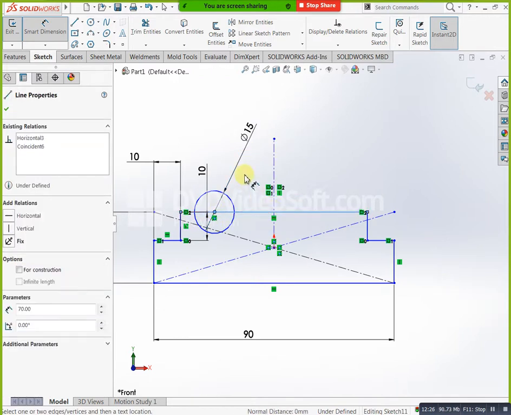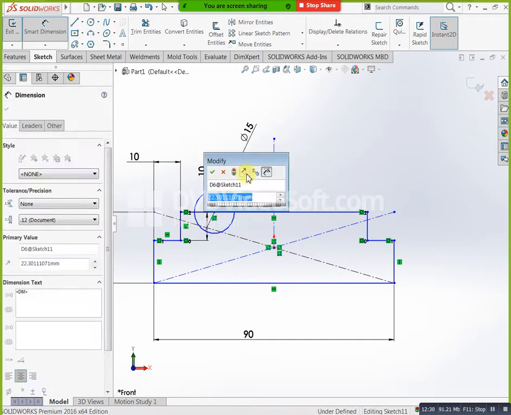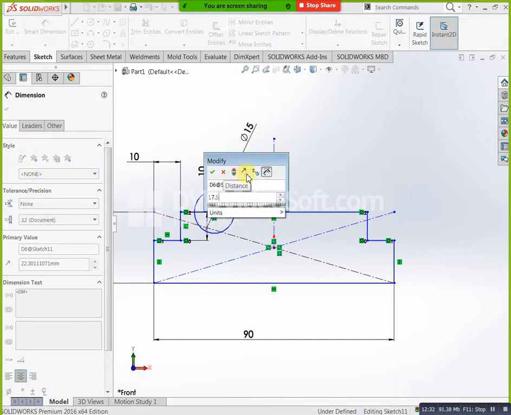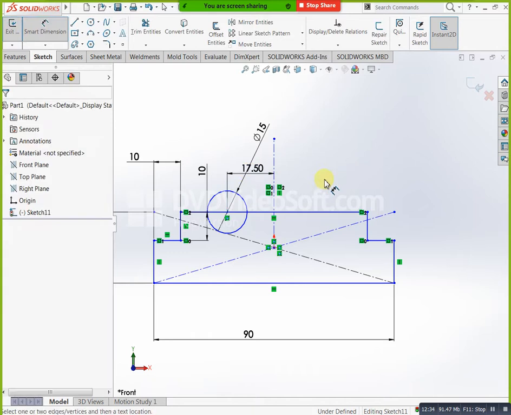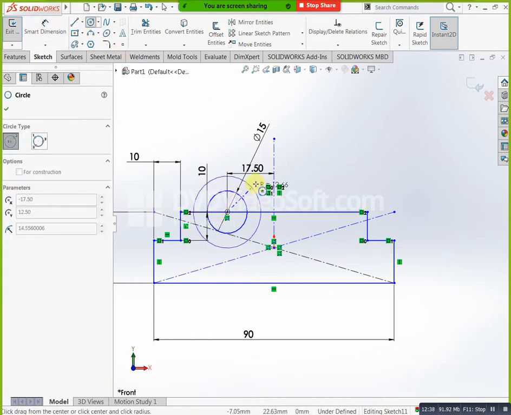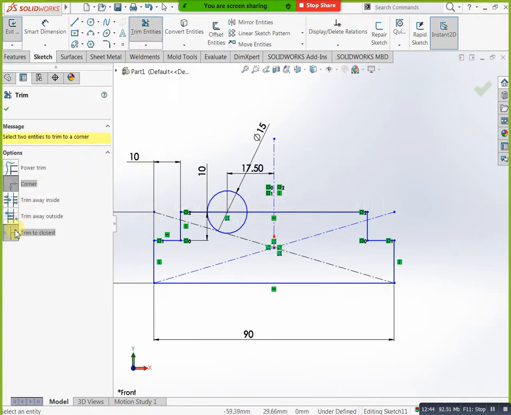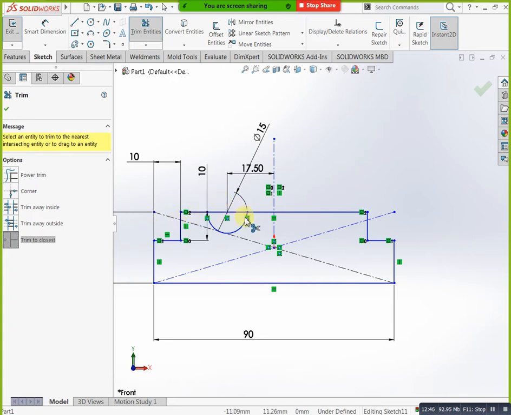Just you can remove now trim entities. See, okay, at the same time you can select this feature, do mirror again, mirror about, finish. Again you can trim it here. See, now we completed this feature. If you check once, you will get same.